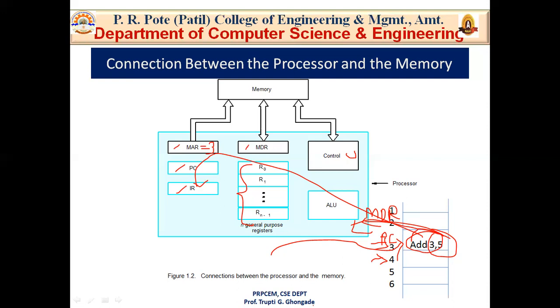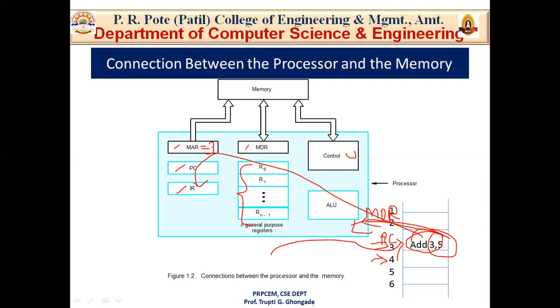So if the result of this operation is to be stored in the memory, okay, for example, 3 plus 5 minus 2. Now the result of this 3 plus 5 is 8. At that time we have to store that result into the memory again to subtract 2 from it. So at that time again we have to send this data to the memory by using the memory data register. Now this time we are performing a write operation into the memory. Fetching 3 and 5 by using MDR is the read operation, and storing 8 into the memory is the write operation.